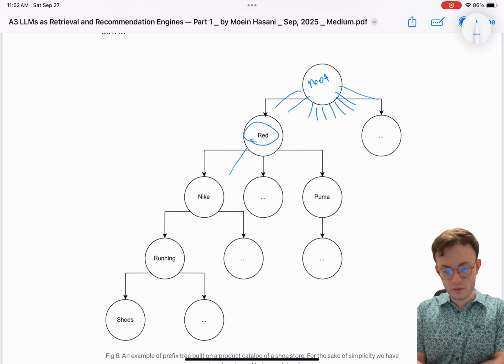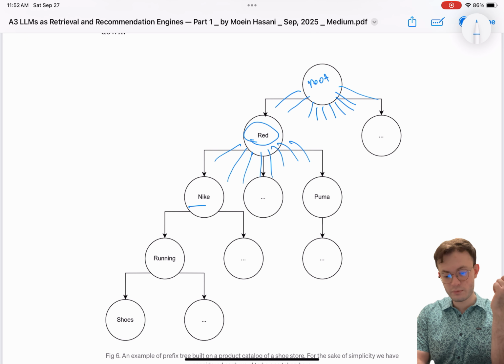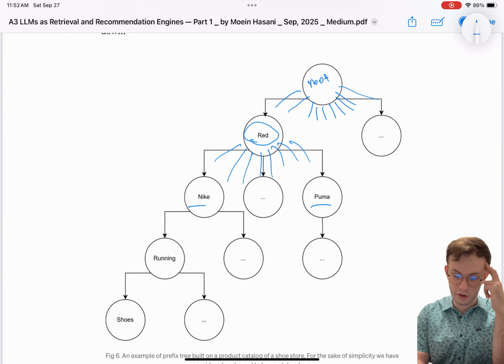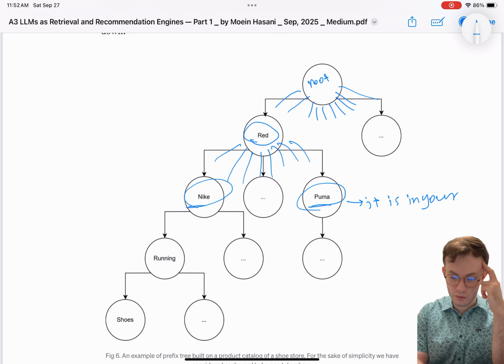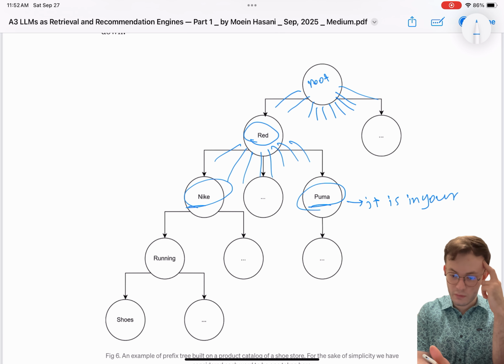Then here, it looks at all the other possible ways it can go. And there is Nike, there is Puma. So if it wanted to suggest Nike or Puma, it would have been fine either way. It was allowed because it is in your DB. But let's say the model wanted to, instead of Puma, say some other brand, for instance, let's say